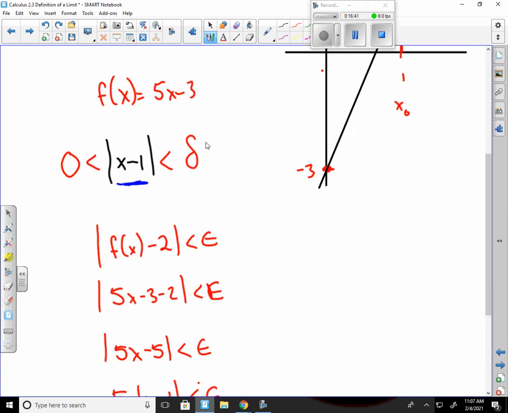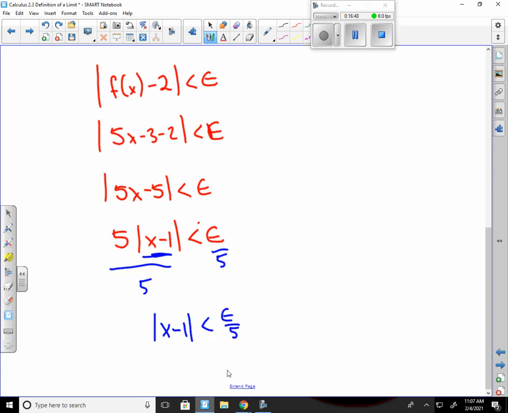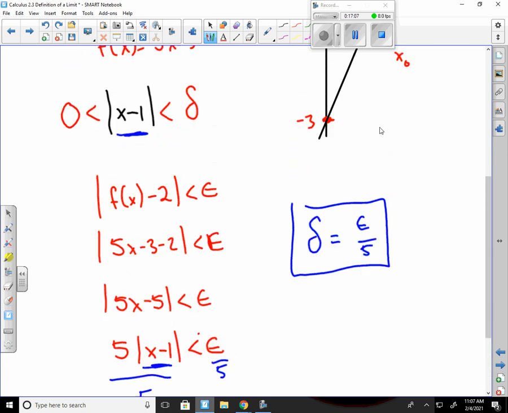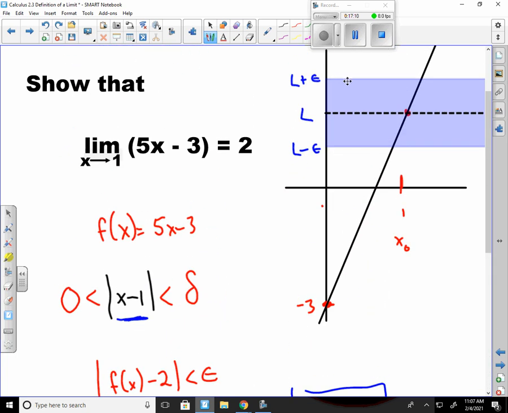Up here, this looks exactly the same, which tells me that my delta is just epsilon over 5. That's what I was looking for, finding a delta for any epsilon. So that's our solution. That tells us that no matter how big I set this margin as, going up and down,